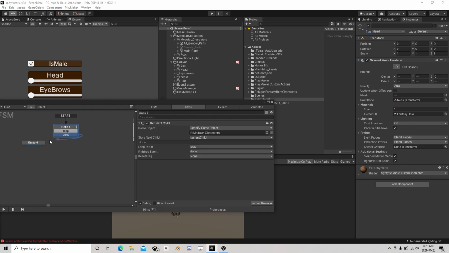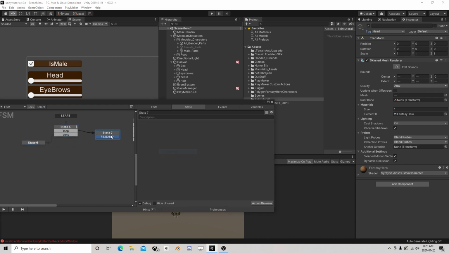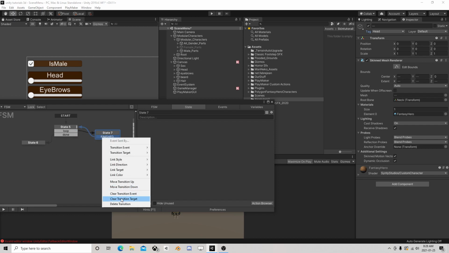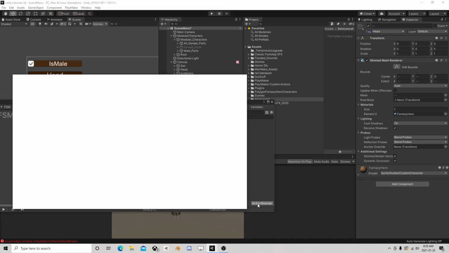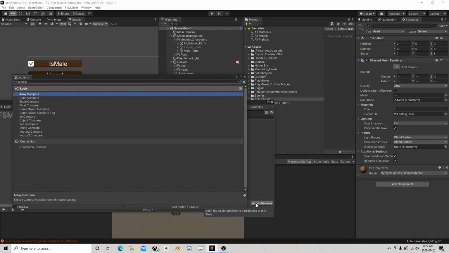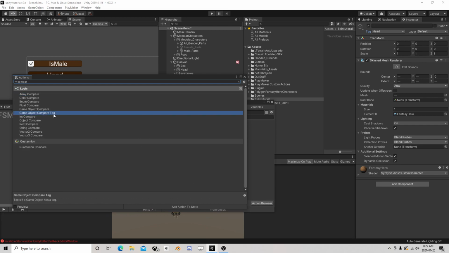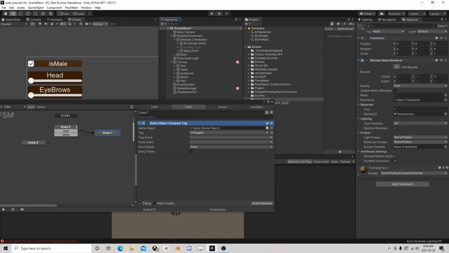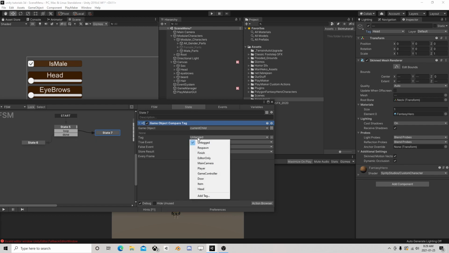So if we're done, loop. If we loop, we go over here. So finish. Oh no, we don't need a finish there. So compare tag. So if current child is tag